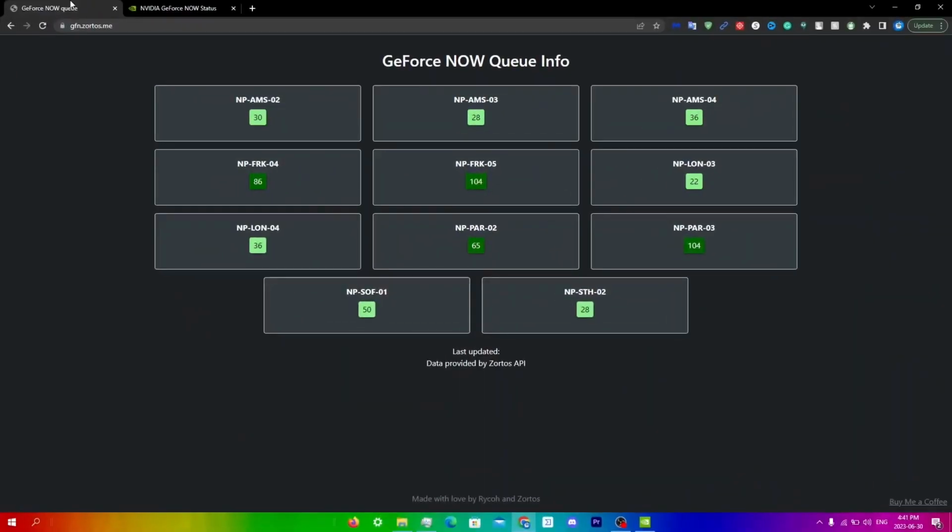In this video, I'll be showing you guys a new method on how to skip the wait time on GeForce Now. So, there have been many ways to skip the wait times before, but most of them have been patched. However, in this video, I'll be showing you the best and only way to properly skip the GeForce Now wait time queue. So the first thing you're gonna do is go to this website right over here,